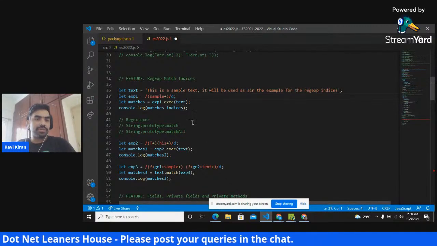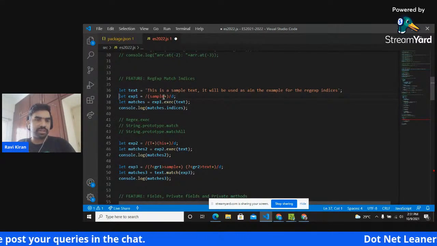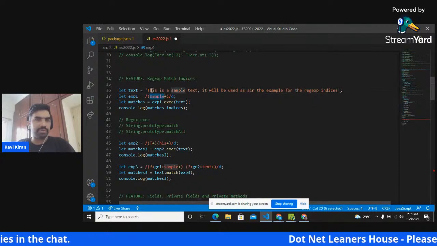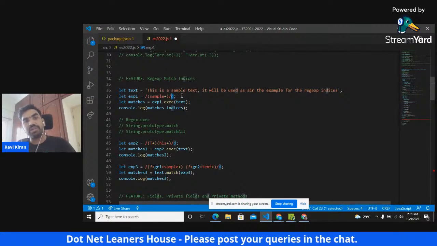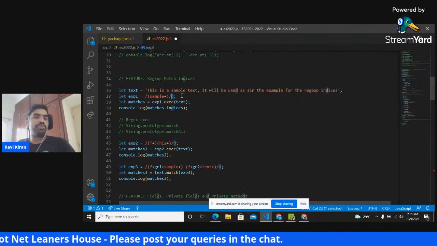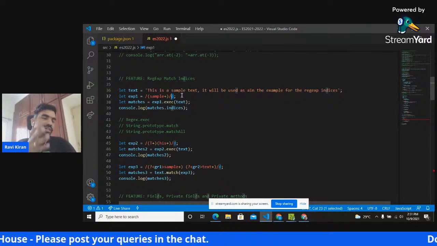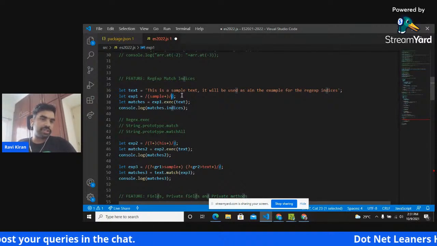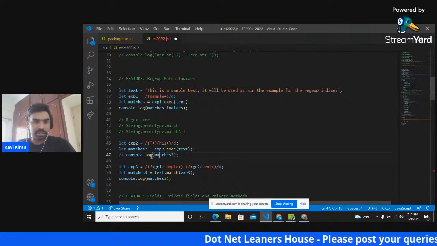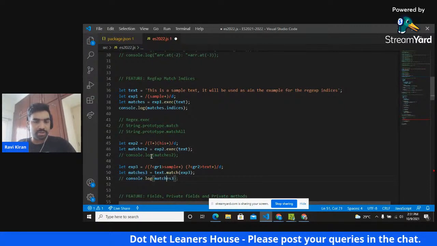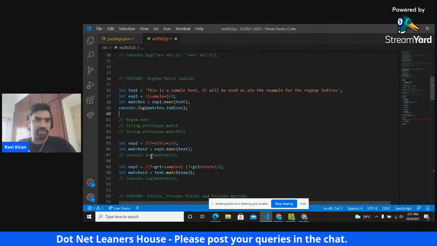So here I have a simple regex creator. It checks for the occurrence of the text sample inside a source string, and I'm passing the flag d to it. So I'm asking the regex to provide me the details of all the indices that you find inside my source string. So I run the regex, and let me comment out the other two console logs to have a clear result in the console.